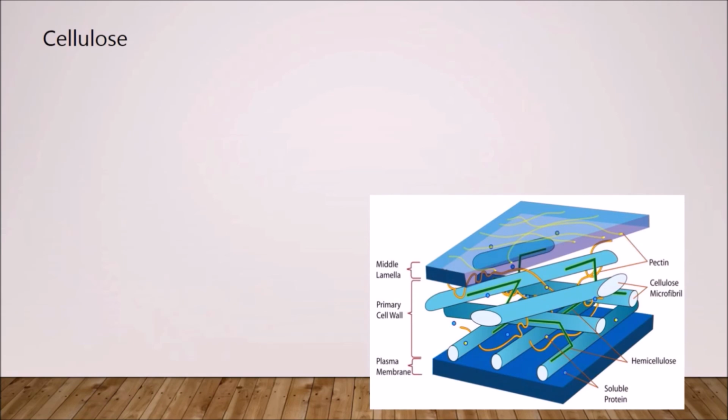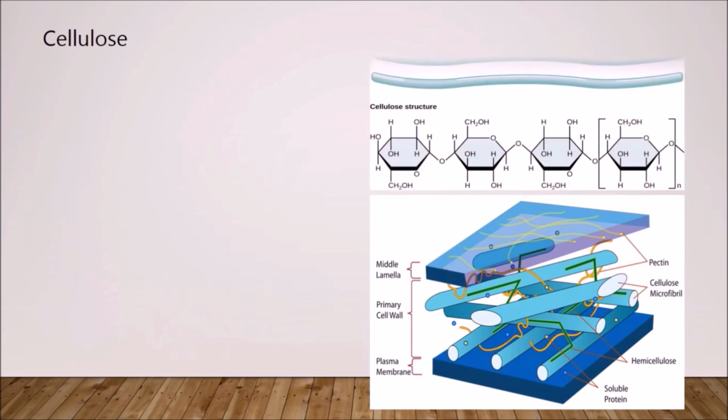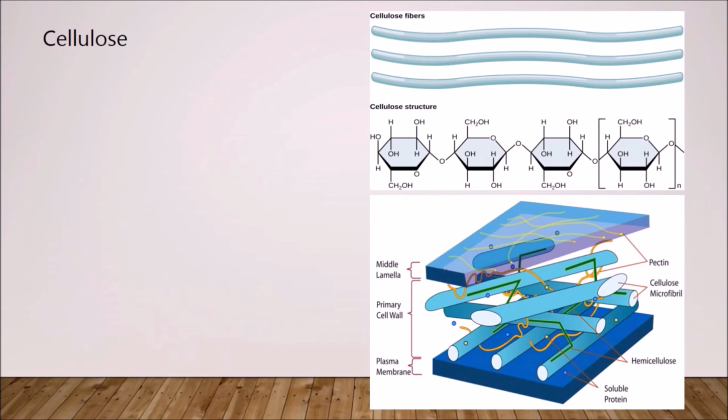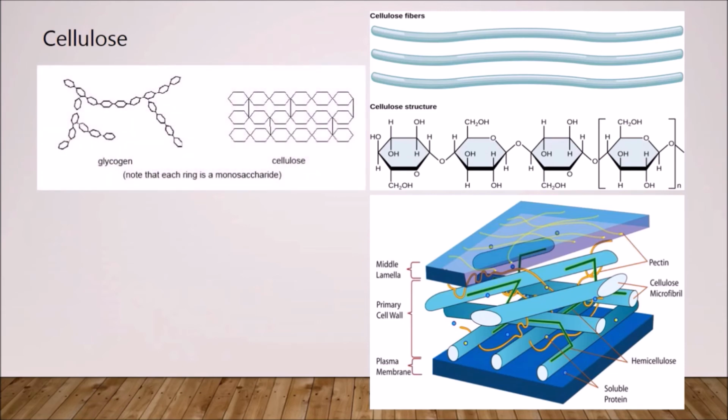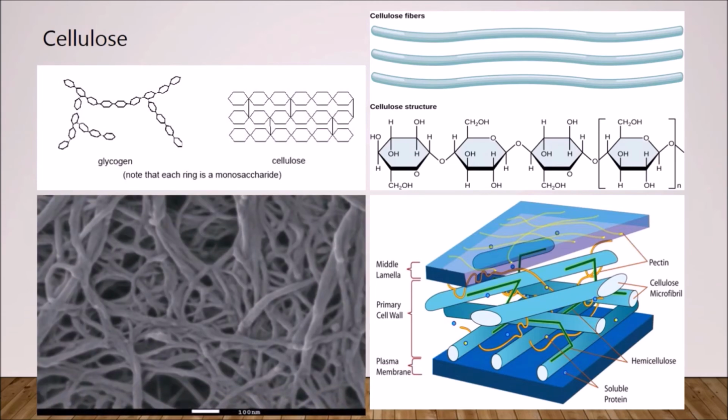Cellulose. It is a major component in the plant cell wall and is made up of unbranched glucose monomers linked by 1 to 4 glycosidic bonds. The way in which glucose monomers have combined with each other results in long non-helical chains of cellulose, which cluster together to form parallel bundles that are held together by hydrogen bonds.